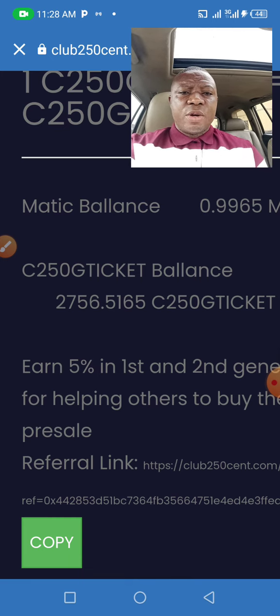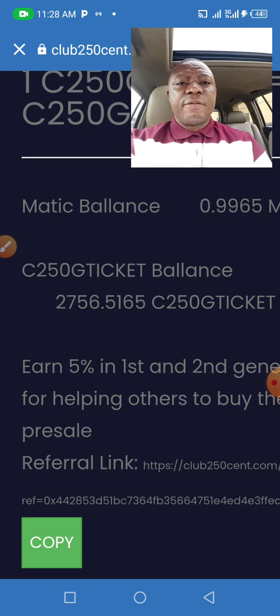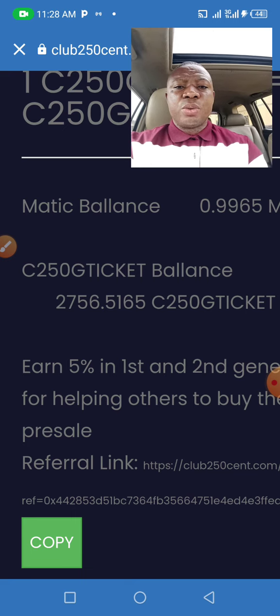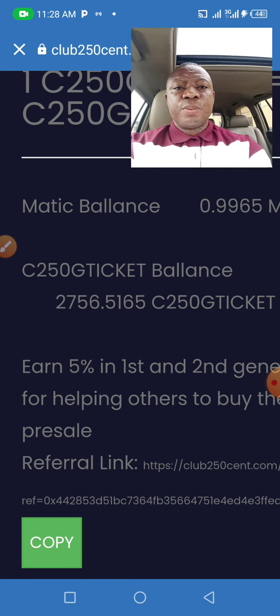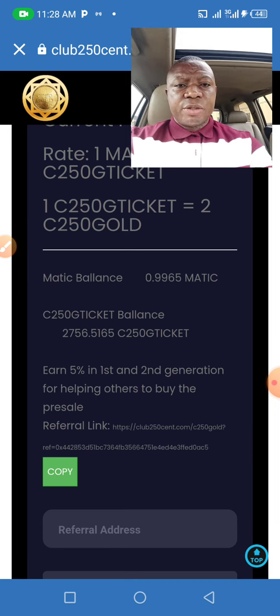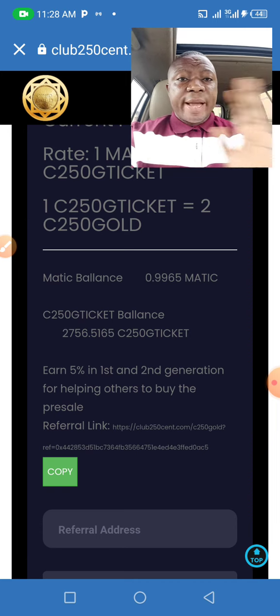One ticket of the C250 Gold equals 2 Gold. So for you to get the actual number of C250 Gold coins that I am entitled to, multiply this by 2. But for the purpose of this tutorial and training, I want to start all over again, okay?